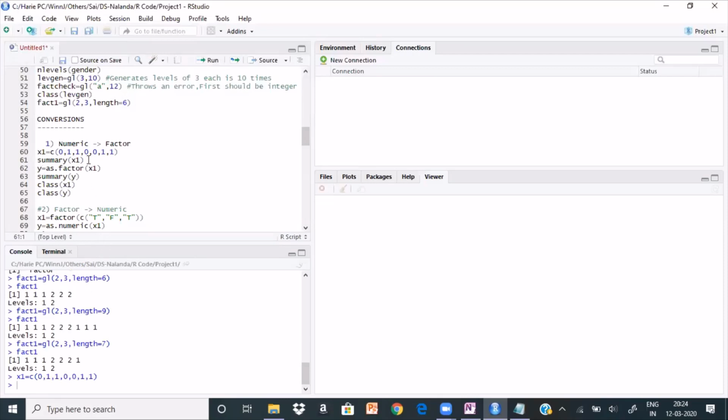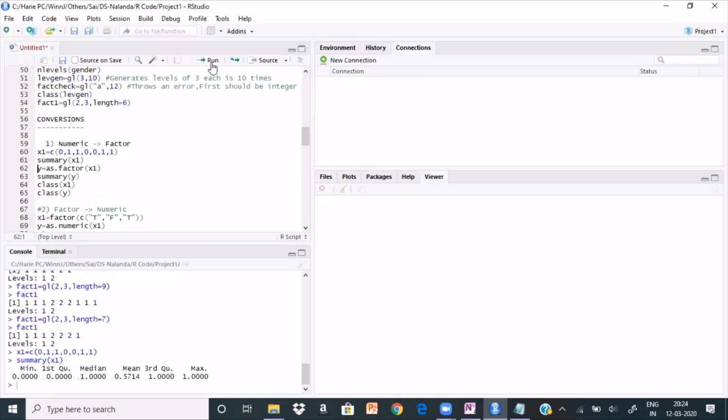Now there is a command called summary. Very, very useful command. Please remember. I wanted to find out the summary about the variable which I have created. If I run this, automatically the system is doing something, because the x1 variable contains the numeric values. Because it is a numeric value, when you issue a summary command, it will create 6 parameters. What are those 6 parameters?